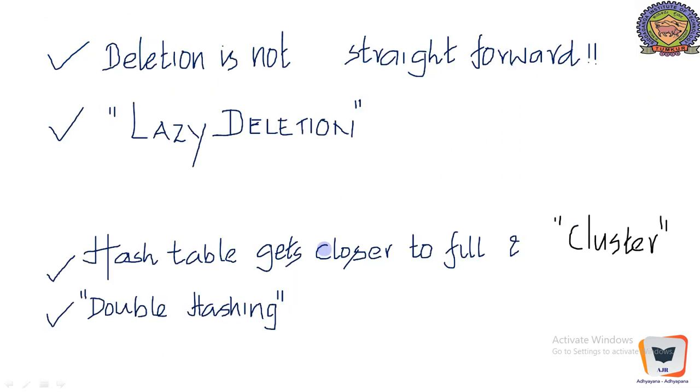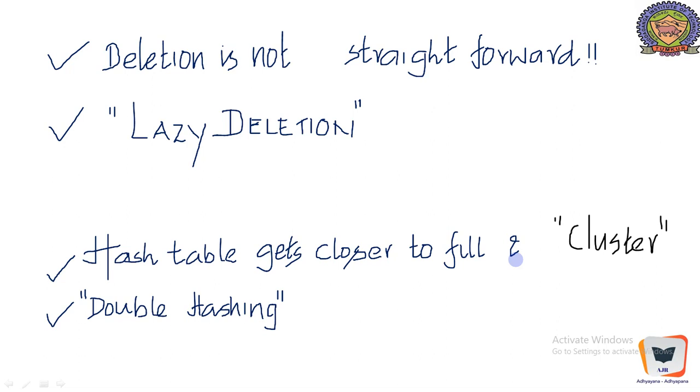Therefore, in order to resolve this particular issue, there is another method called double hashing. Under this scheme, we use another hash function to determine the fixed increment for the probing sequence to be used after a collision at a location. Anyway, the explanation of this double hashing technique is beyond the scope of this tutorial. Therefore, we may have another tutorial wherein the double hashing technique is elaborately explained.